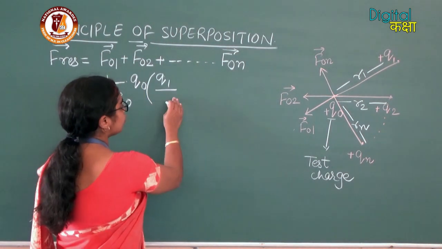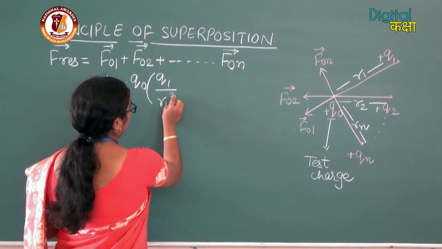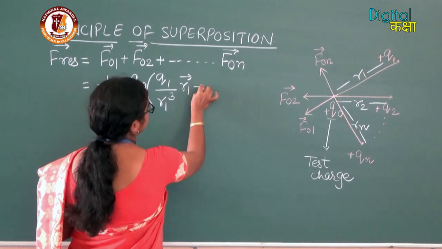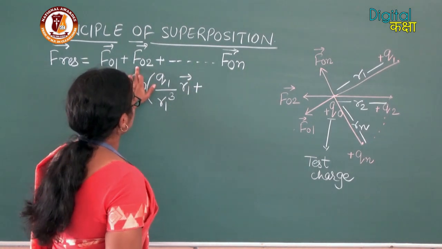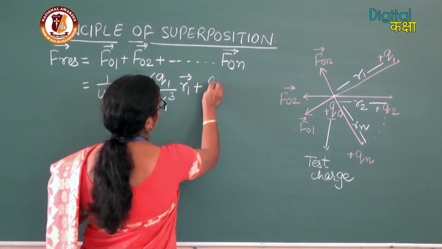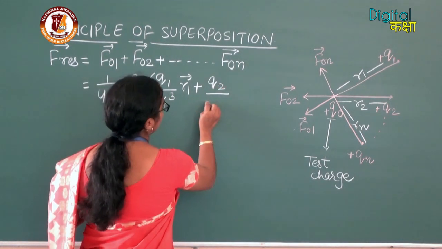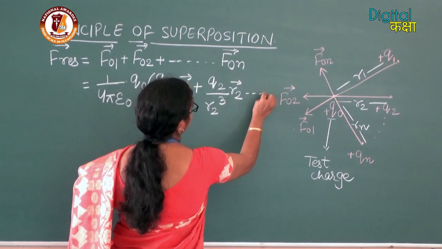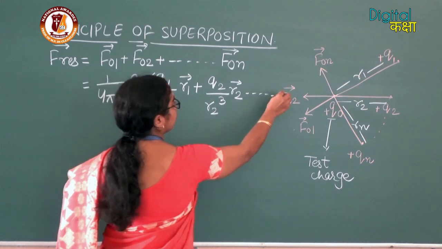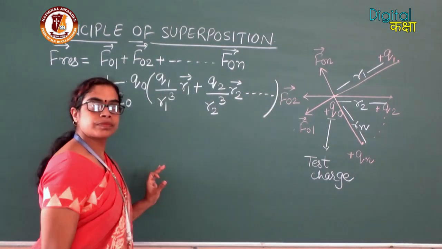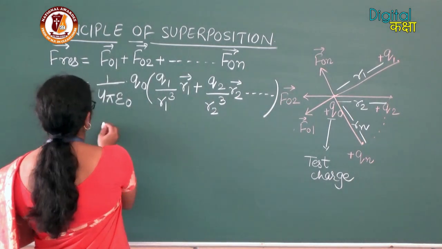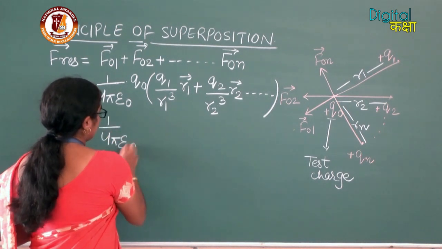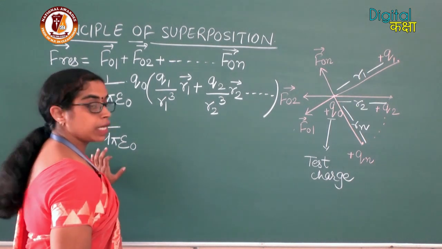So their values will be substituted as Q1 upon R1 cube vector R1 plus the second term in this case will be the charge Q2 upon R2 cube vector R2. It will go up to the nth term. Now here it will be generalized as 1 upon 4 pi epsilon naught